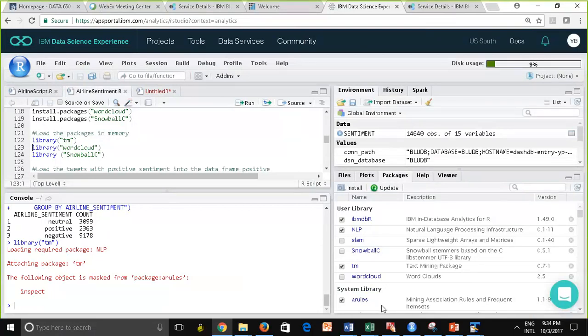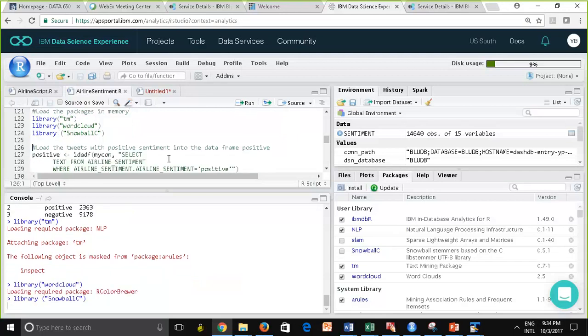Because right now, see this? This is what it says. It masked. This is masked. So if I run the inspect command, it would assume that I want the inspect command from the text mining package, right? This is not an error, but this is an informative message. And now I want to load the word cloud, and I want to load this snowball package, right? Now,